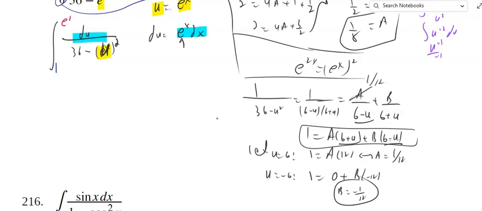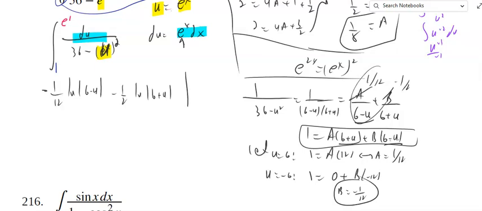So I know this is going to be 1 over 12 natural log of 6 minus u divided by a negative, minus 1/2 natural log of 6 plus u. Evaluate from 1 to e. Put e in. That will be negative 1/2 natural log of 6 minus e minus 1/2 natural log of 6 plus e